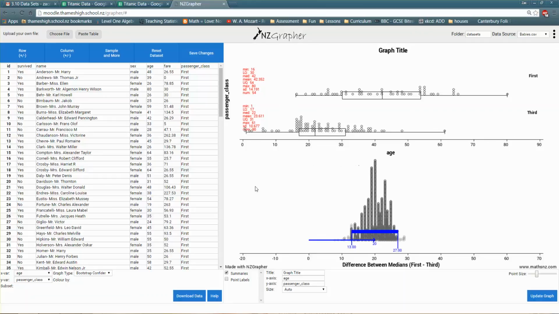And then when we come down here and look at the bootstrap analysis, remember that's our 1,000 resamples, the top and bottom 2.5% chopped off. We can see here the difference between the medians is somewhere between 13 years and 27 years older for first-class passengers. I'd recommend that you go back and take a look at the example notes that are in the email that I've sent you. One last thing, if you click on the summaries down here,